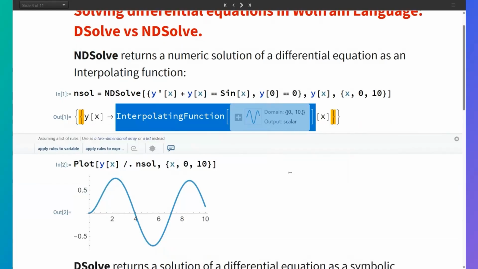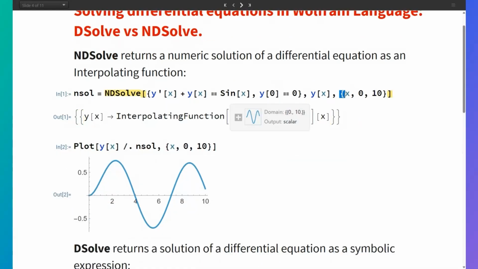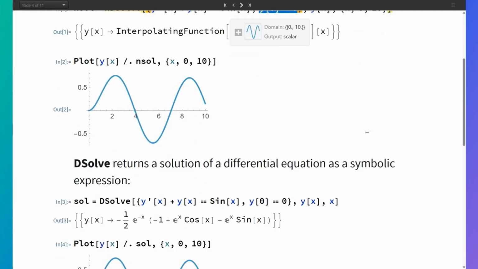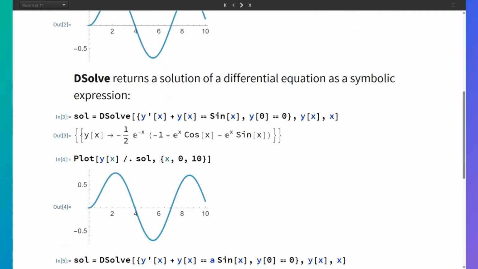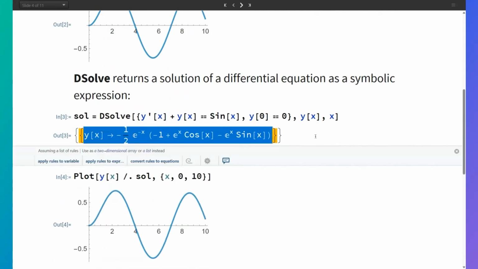NDSolve is a very powerful function and can solve almost every differential equation, but it works inside some domain, and we must provide initial and boundary conditions together with equations in order to get a solution. Also, all parameters in the equation for the case of NDSolve must be numeric. In contrast to NDSolve, DSolve returns a symbolic solution of the differential equation, and its outcome is an analytic expression. Here you can see the solution of the same differential equation obtained by DSolve, and again, here is the same plot